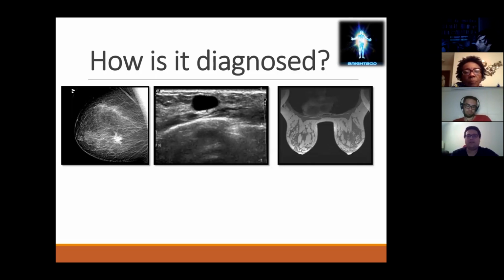Also, we have breast ultrasound. We use it when we're not sure if there's something in the mammogram or we want to clarify something. And the third one, right there in your right corner, is the breast MRI. It is useful in certain conditions, not very commonly used for this, but it can be used, especially in women that have breast implants. We like to use the MRI because